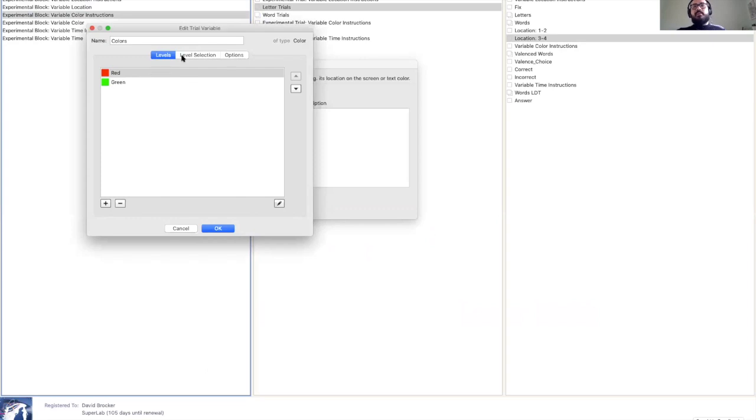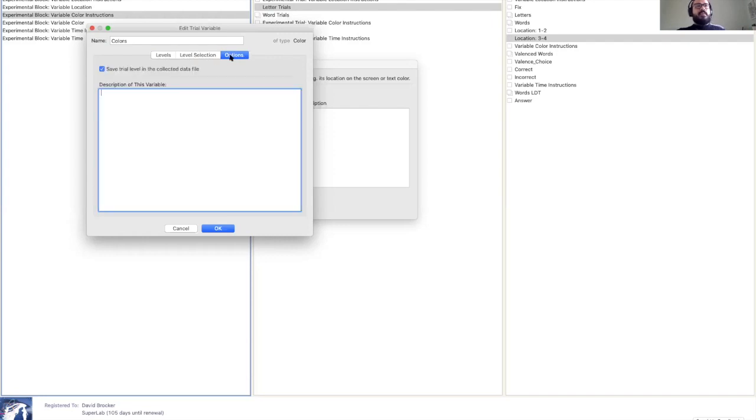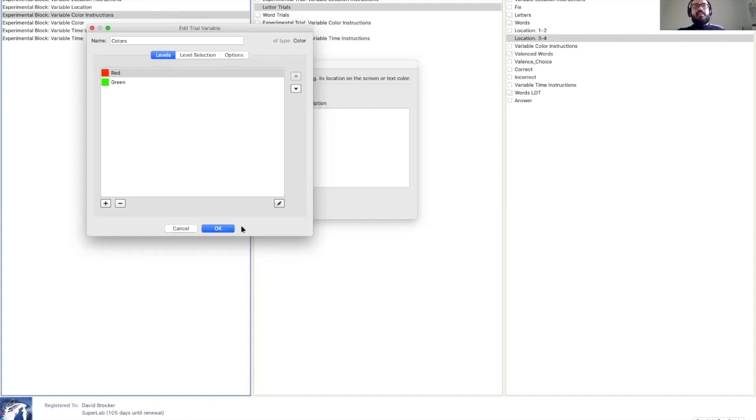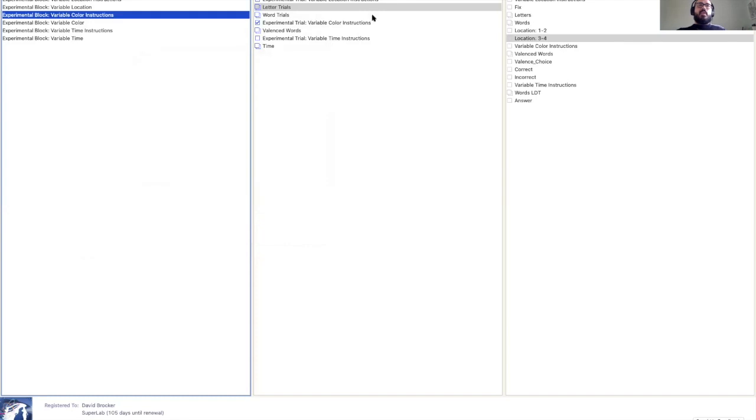We're going to use red and green because they both have semantic relationships to good and bad, or right and wrong, or yes and no. We're not going to do anything with this. We're just going to make it random but no replacement. We don't need to have any options over there. We could if we wanted to, but I didn't put anything in there. Then we'll go to the instructions,